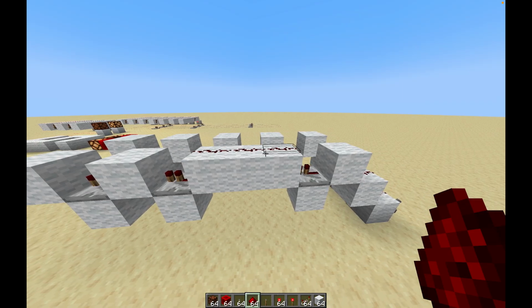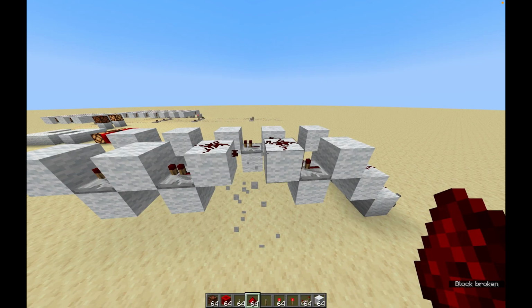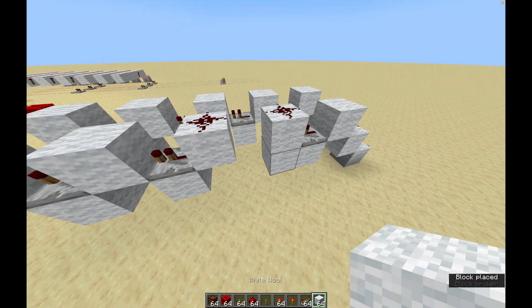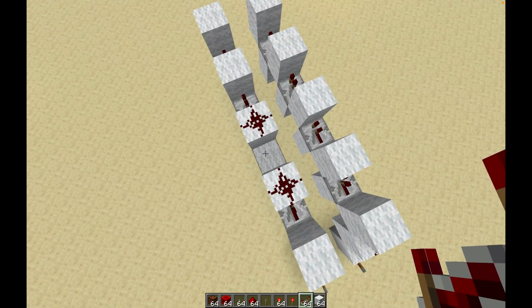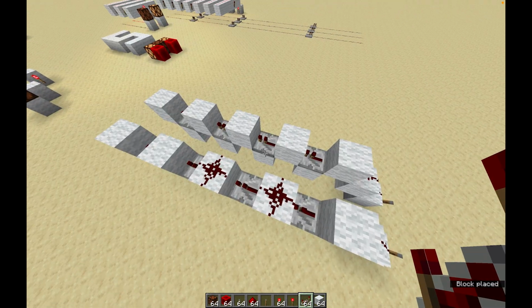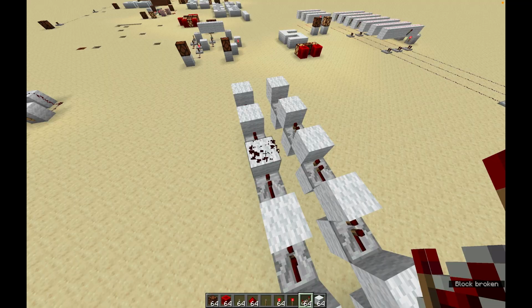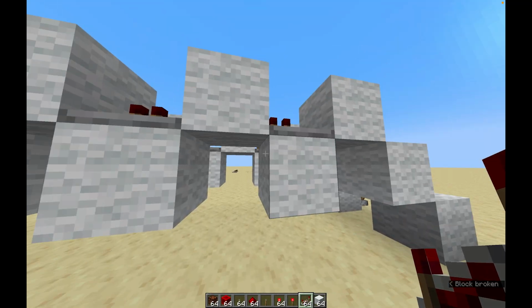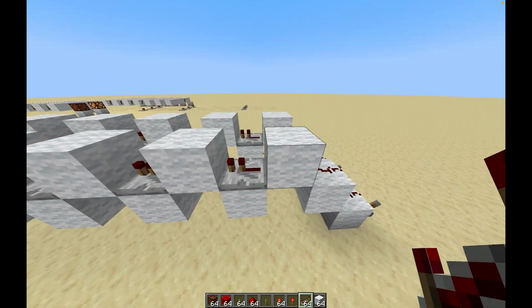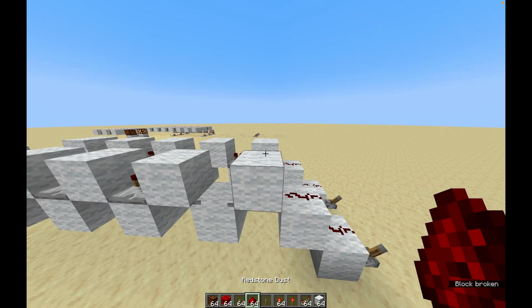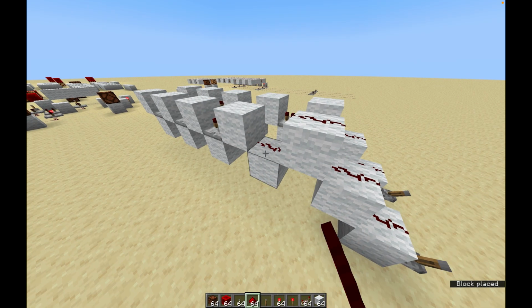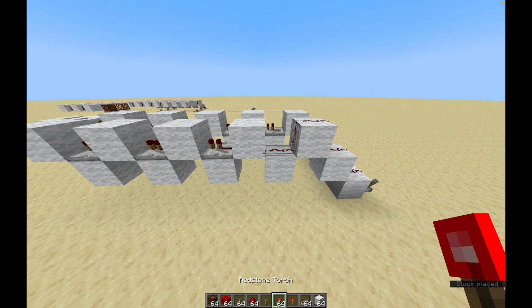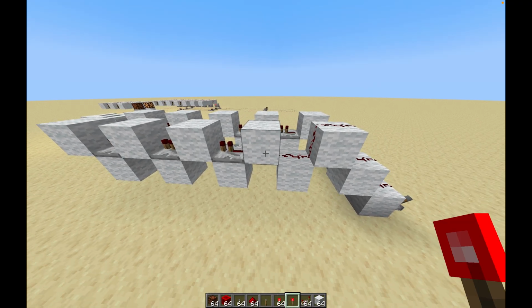And then what you want to do is not do this, because you just want it to be this one. So we still have another repeater here to continue the signal this way, but this repeater is replaced. That means that the redstone does like this. So then it can activate